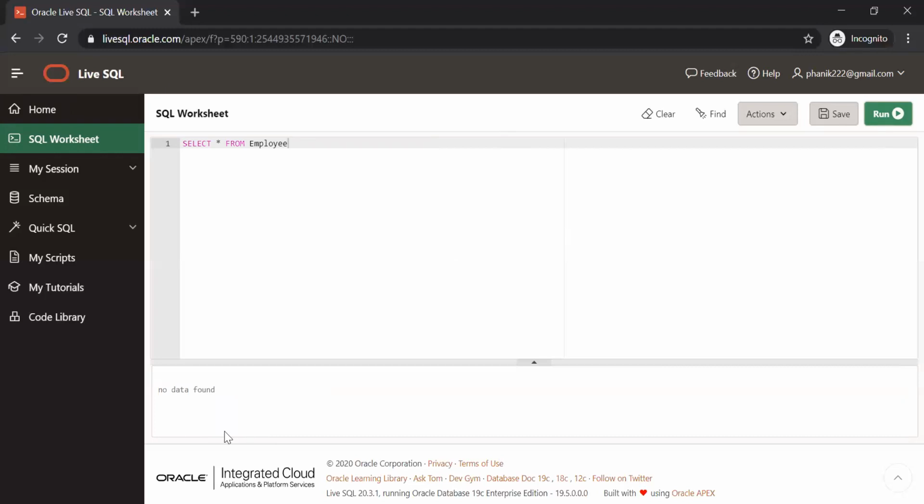It doesn't say no table found. No data means the structure exists, but data does not exist. So there is a lot of difference. When you drop a table, the structure also gets deleted and it is committed. When you truncate, only the data gets deleted, and it also releases the memory consumed by that table.